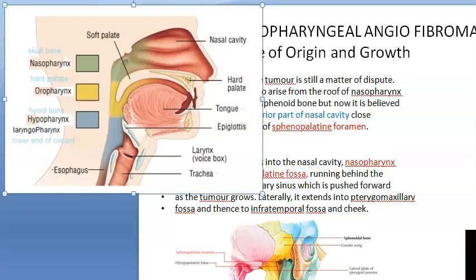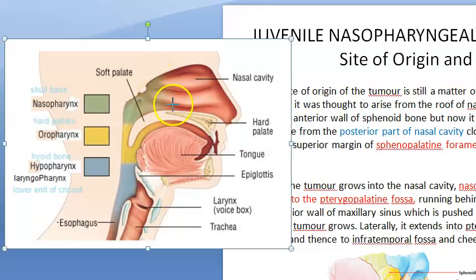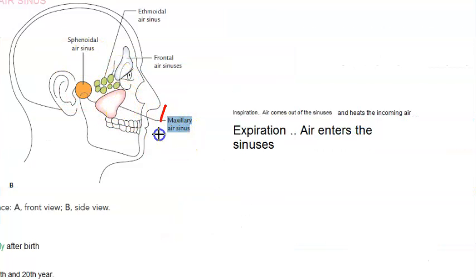Let us understand this. So the tumor is here. It's growing into the nasal cavity, and it is growing into the nasopharynx, and it's also going into the pterygopalatine fossa, isn't it? Here you have the maxillary sinus, right? This one. So the posterior wall gets pushed forward. Posterior wall should get pushed forward, isn't it? Because of all that